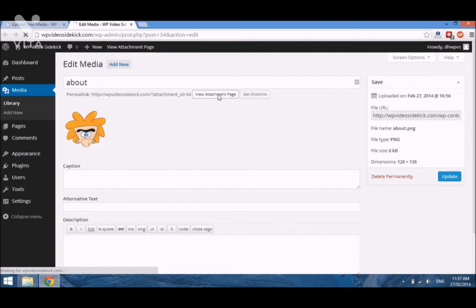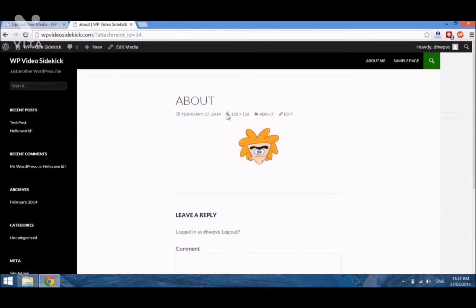So if you click View Attachment Page, then there's a standalone page on WordPress that has your media. And in this case, it's an image, so it's being displayed. But for some of your media, such as a Word document, you just see a link, and if you select that link, you'll be able to download it. Go back